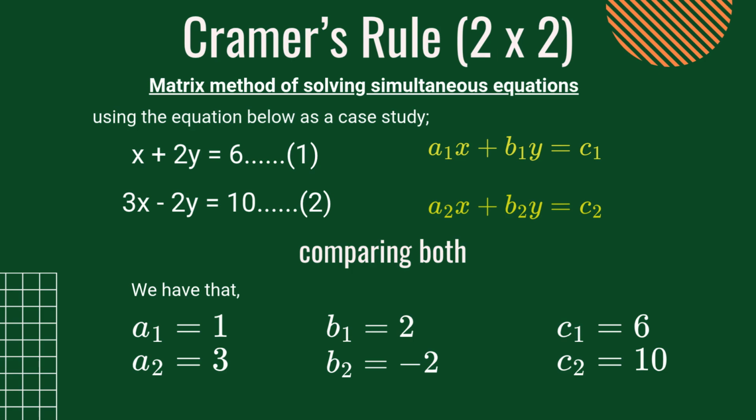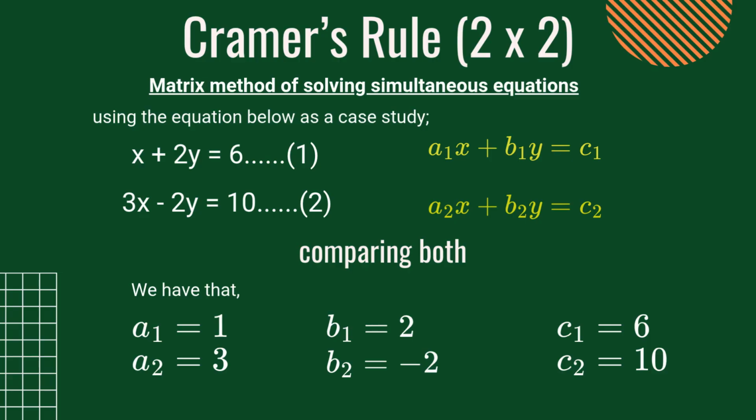The matrix method, also called Cramer's rule, is the third method of solving simultaneous equations. So we'll be using this equation below as a case study to explain Cramer's rule. We have the first equation, x plus 2y equals 6, as equation 1, and 3x minus 2y equals 10, as